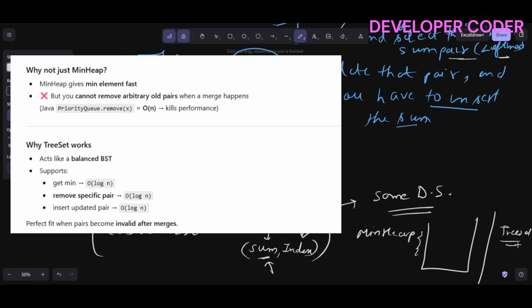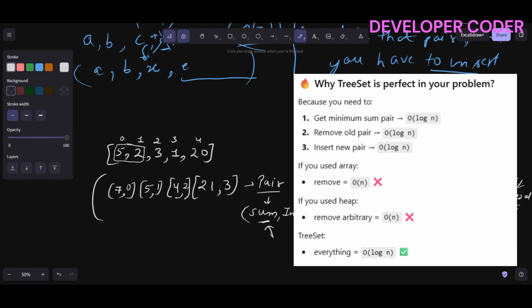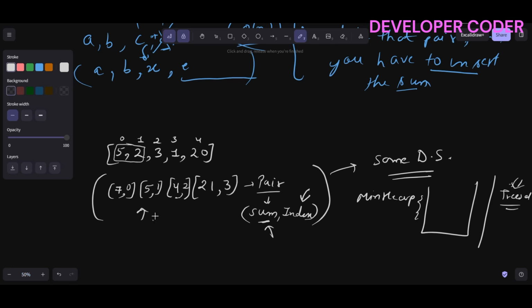TreeSet you can try to use. So let's use the TreeSet here. Sorting will automatically be taken care of, right? I will write one custom logic as well in the TreeSet. So what I will do here, let's say I have two pairs that I need to compare, A and B. So I will write code like this. If my A dot sum is not equal to B dot sum,